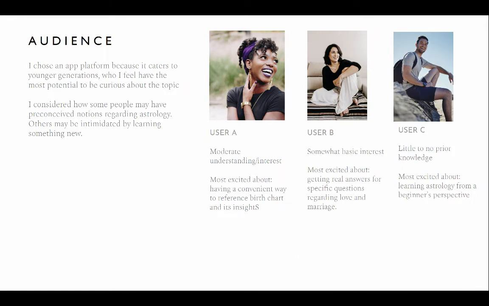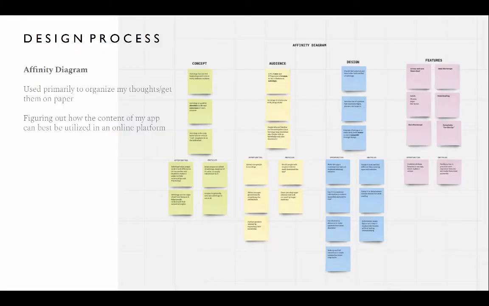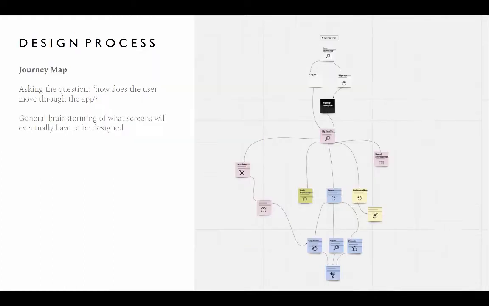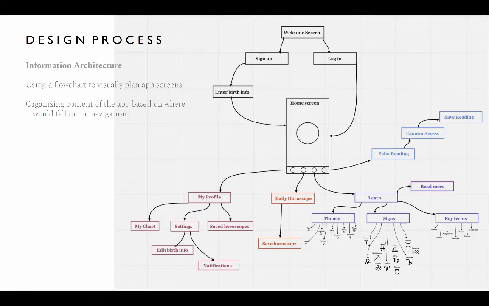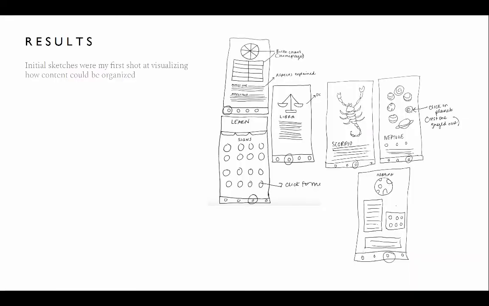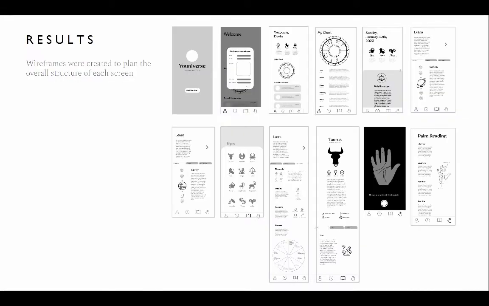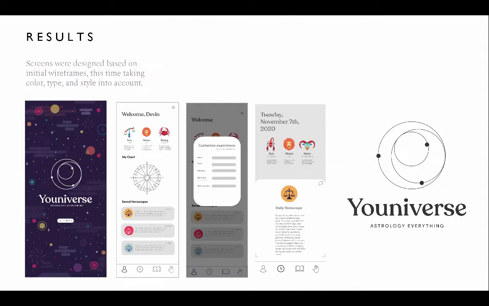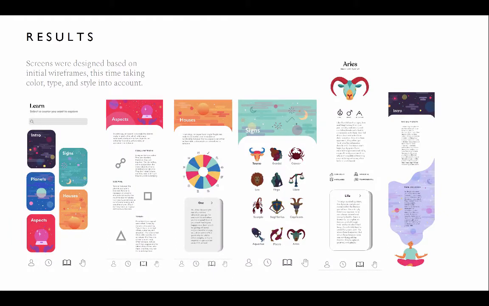Targeting all the users and looking at the existing apps, going through all the UX diagramming, figuring out all the features and what it was going to do. The initial sketches, getting into the wireframes, right? And then here we are in the initial design, doing all the illustrations, final design, color sections, and